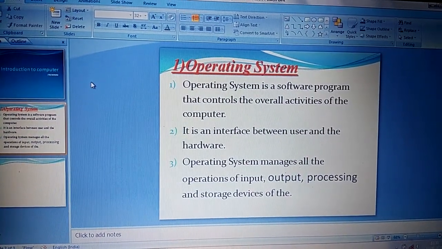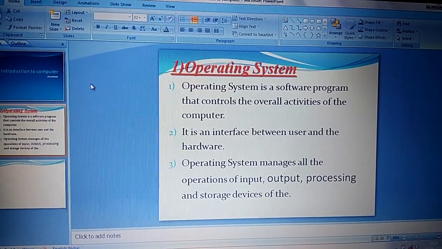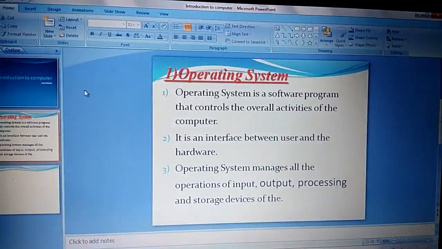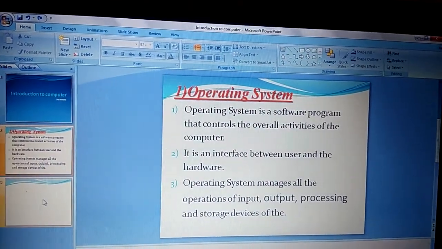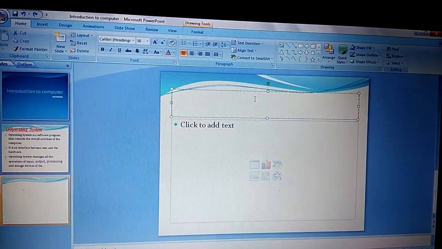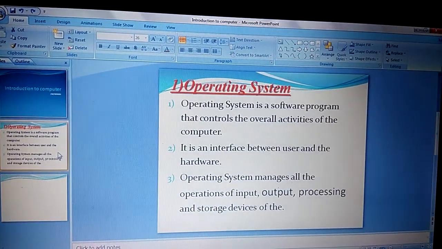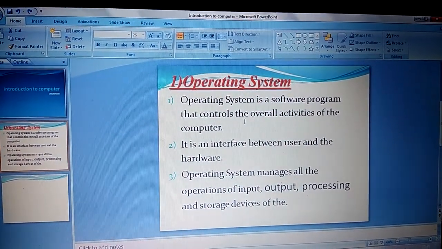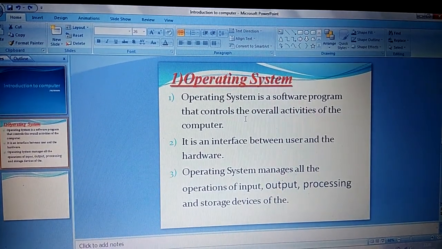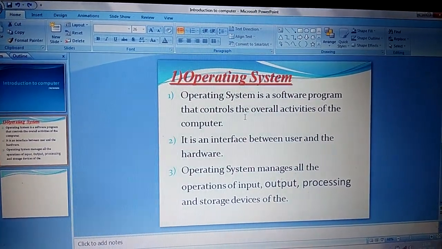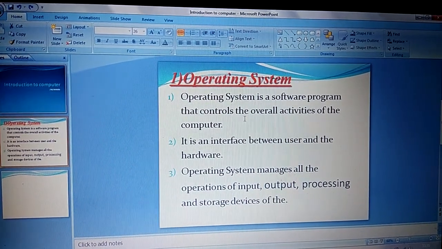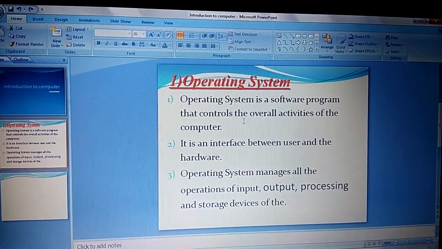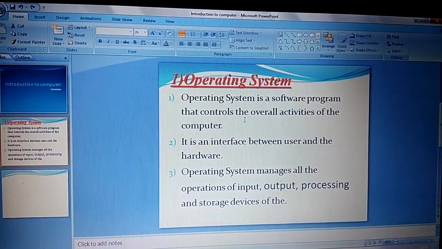So slide layout determines the placement of all the items such as the title, graphics or text boxes that make up our slide. This is a content placeholder. Like this is a new slide. So these are the content placeholders where we write down the content. The content placeholder may be to the right or left of the text, above the text or below the text. So we can use content placeholders to build our presentation effectively and efficiently. We need to make a few adjustments to the text position and size to fit the new layout.